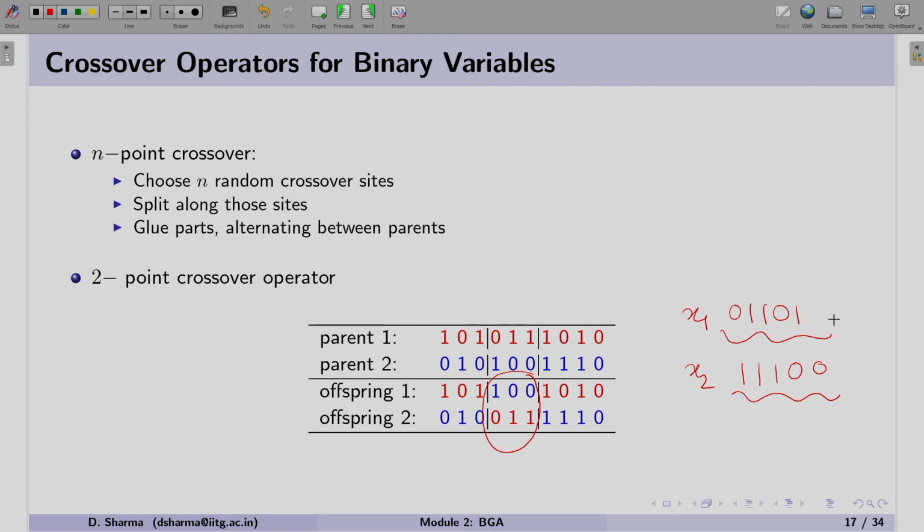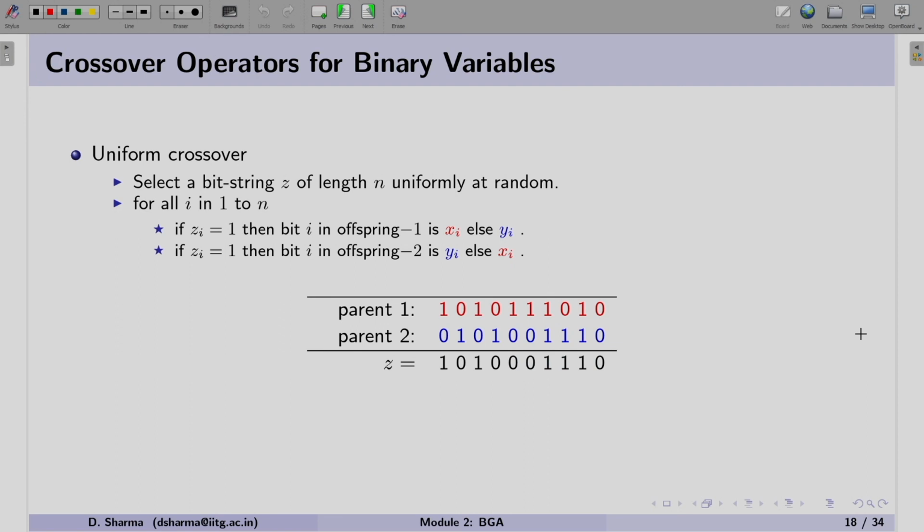When we combine these two strings, that makes a chromosome, so we have a chromosome string of length 10. When we perform single point crossover, maybe only x1 or x2 will change, but with 2-point crossover, both of the variables can change at a time.